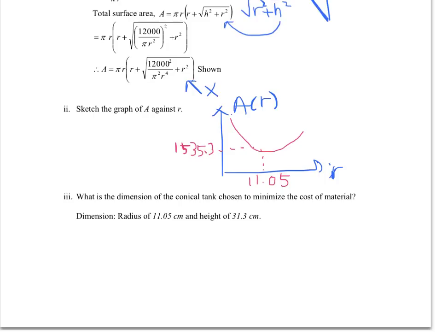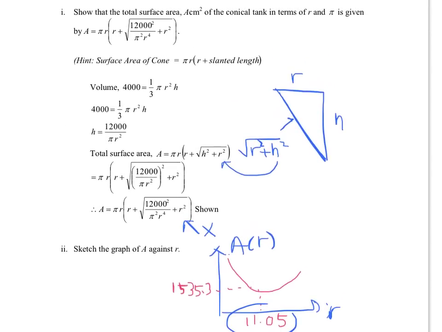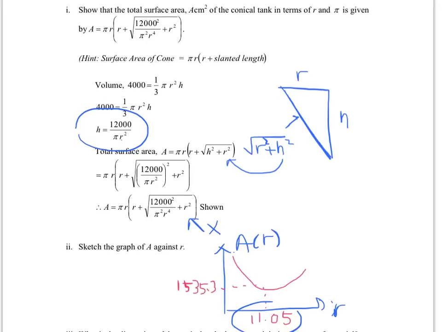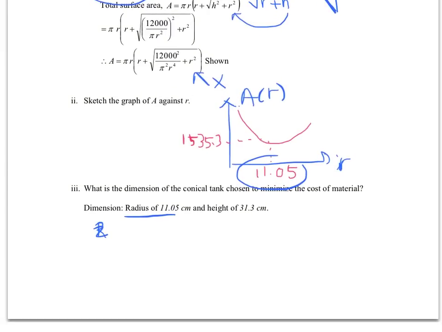And if you are asked to find the dimensions of the conical tank chosen, clearly the X is your radius, so the radius is 11.05. You can see it from here, and the height of 31.3 is due to the relationship that we have seen earlier, that we formed from right here. H is equivalent to 12,000 divided by pi R squared. Of course, in this case, you replace the R by 11.05. That means you'll be calculating H equal to